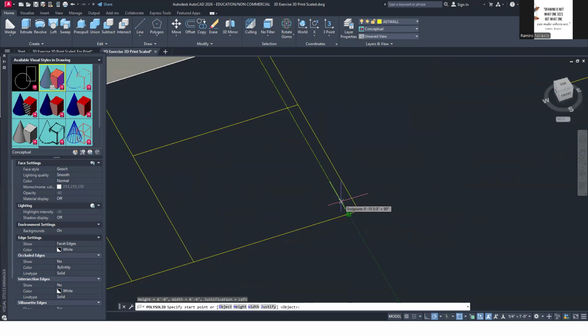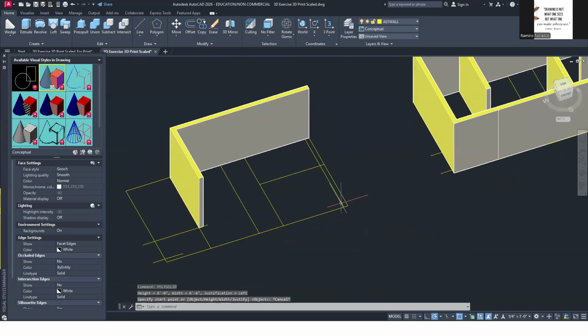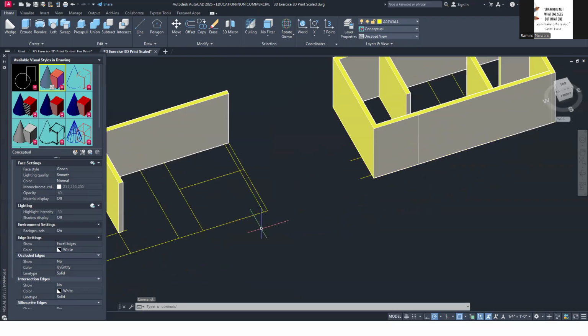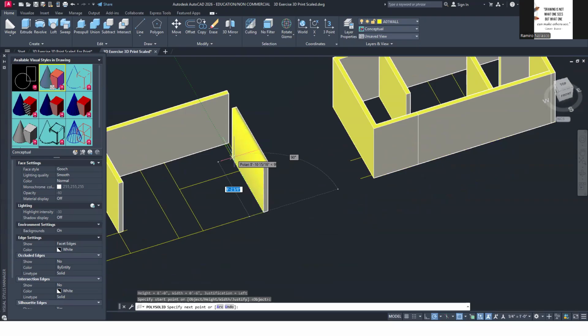I'm not going to start it here because I've already realized that I will cut it here, join or union these two, and then this one here will be a separate piece, join it with this one here. So I have to put it right at the end, so it will be right here.